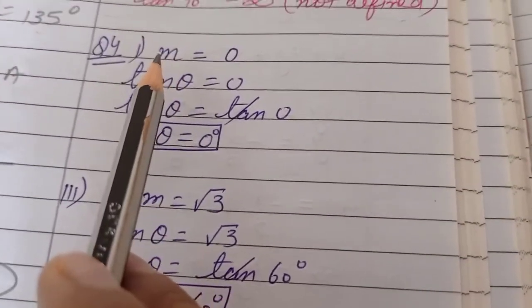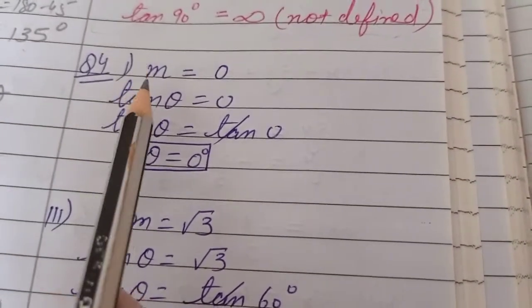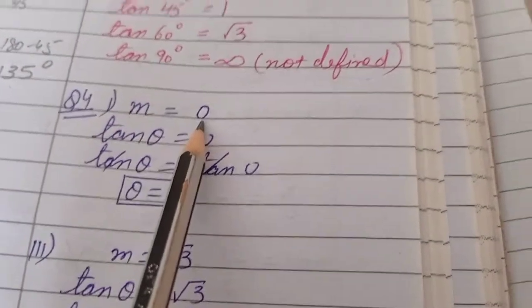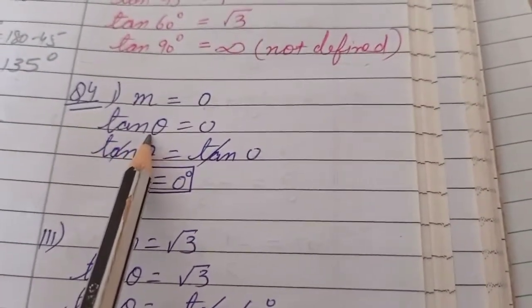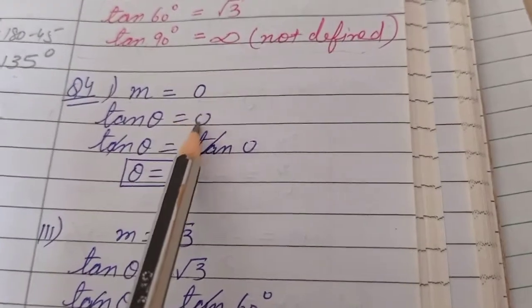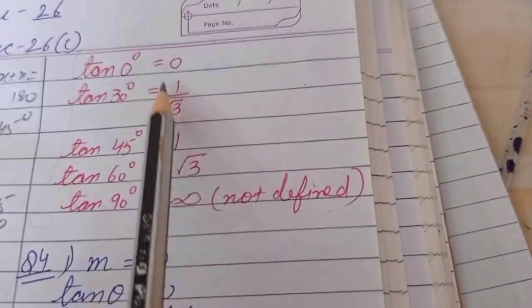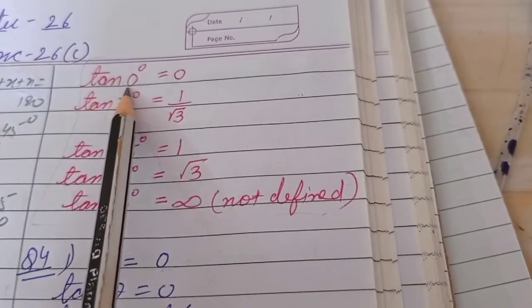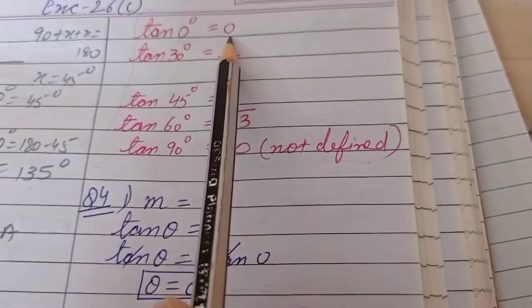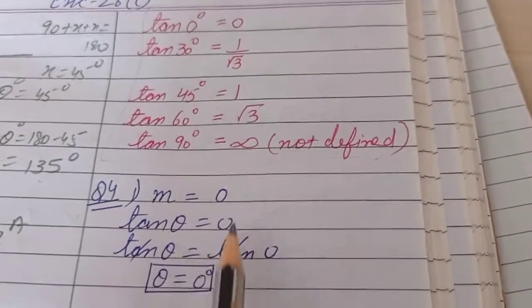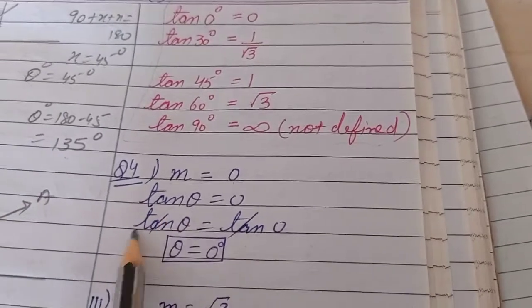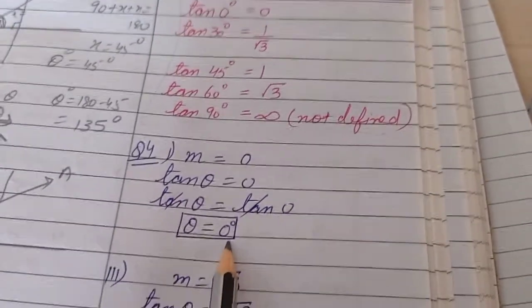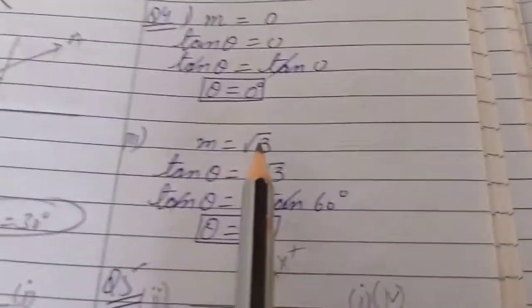Question number 4. Find the inclination of line whose slope is given. Now what is given to you? Slope. M is 0. See children, how can we write M? Tan theta. Slope is denoted with tan theta also. That's equal to 0. Now just now I told you, find out where is tan 0. Tan 0 is at tan 0 degree only. Value of tan 0 is 0. So in place of 0, can I write tan 0? Because the value is same. Now tan and tan will get cancelled. Theta is 0 degree.